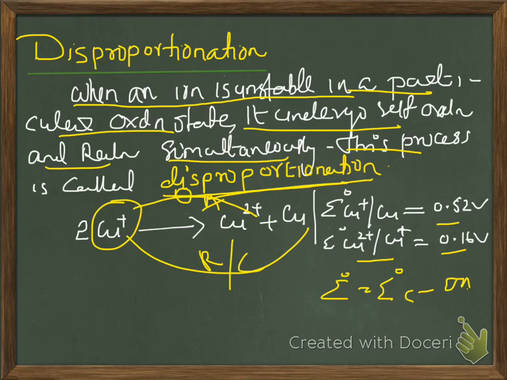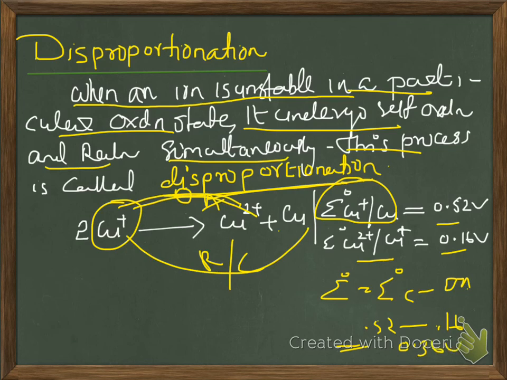Cu plus bar Cu. That is 0.52 minus, which is anode, Cu plus bar Cu2 plus. That has the value 0.16. So the answer is